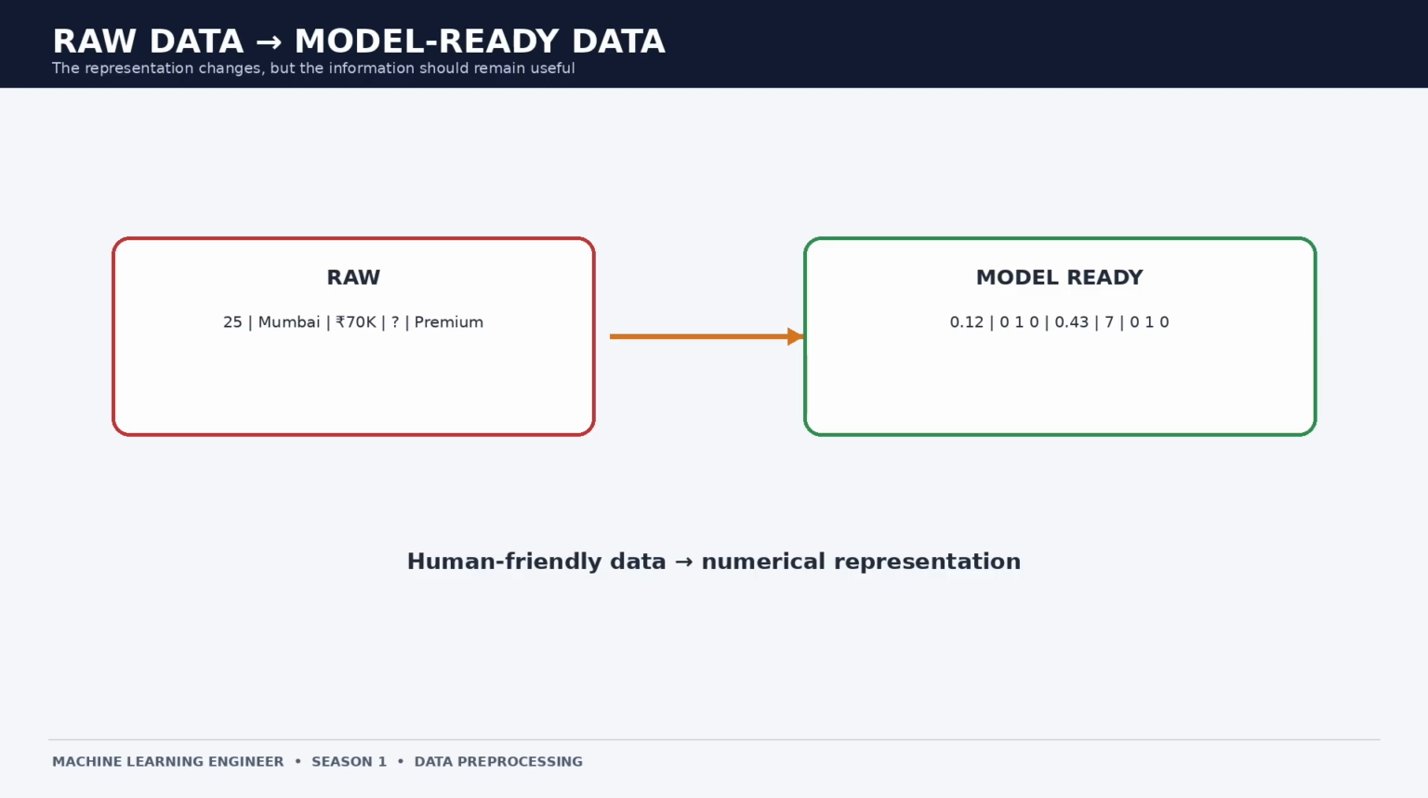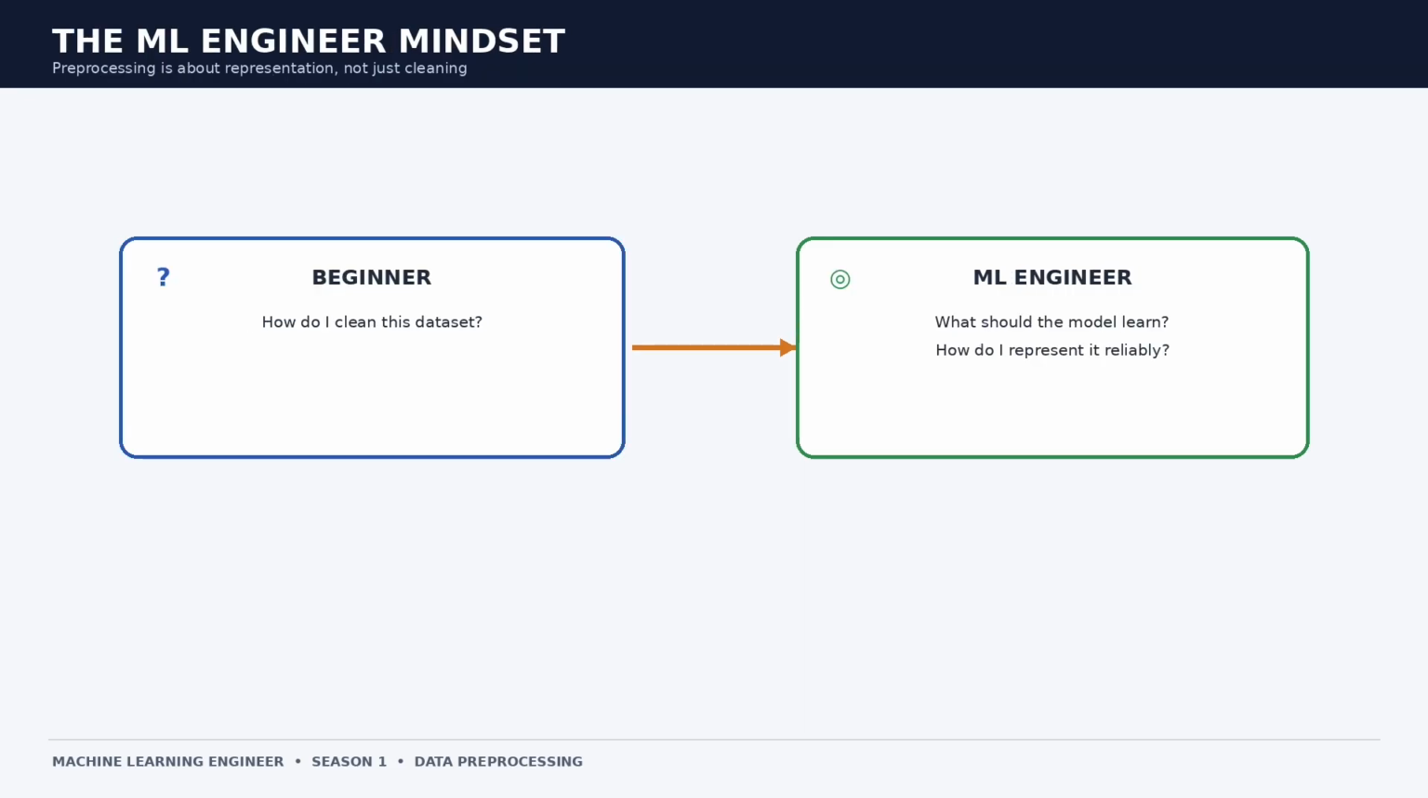But remember, pre-processing isn't about making data look complicated. It's about representing the underlying information in a way that's useful and consistent for the model. This is another important mindset shift. Pre-processing isn't simply about cleaning data until it looks nice. An ML engineer thinks about what information the model should learn and how to represent that information without introducing leakage